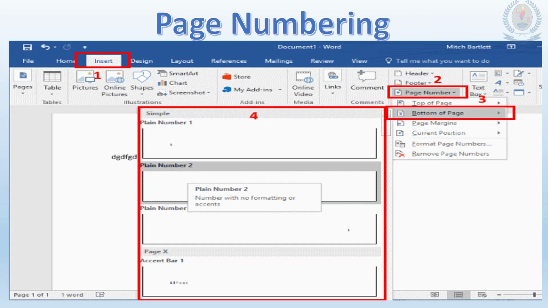The next one is page numbering. So we are doing this within the page header and the footer. Once you insert the header and the footer, then you can insert page numbers from there. Let's say you have inserted the footer. After inserting that, you can go to page number and you can decide whether it should appear in the center, left, or right.